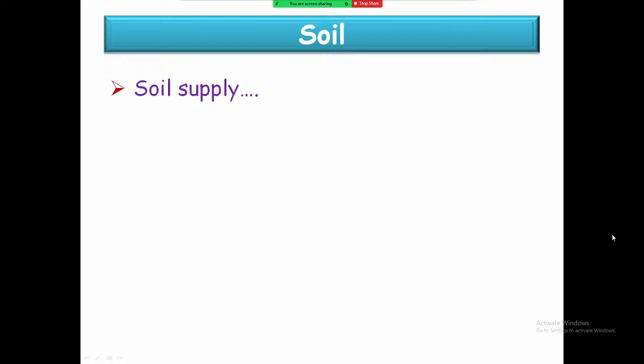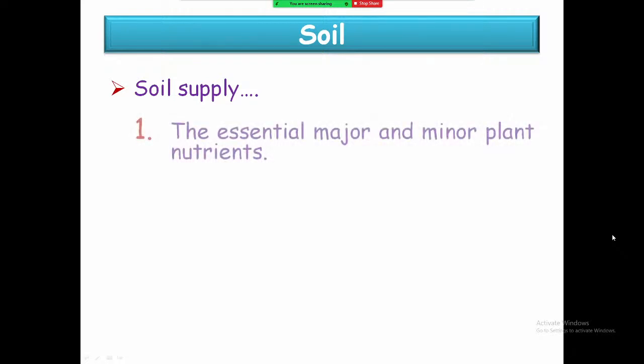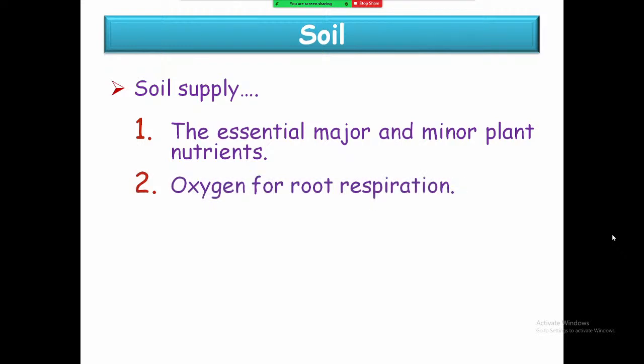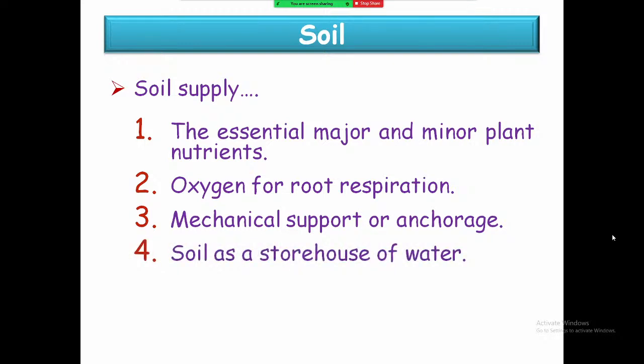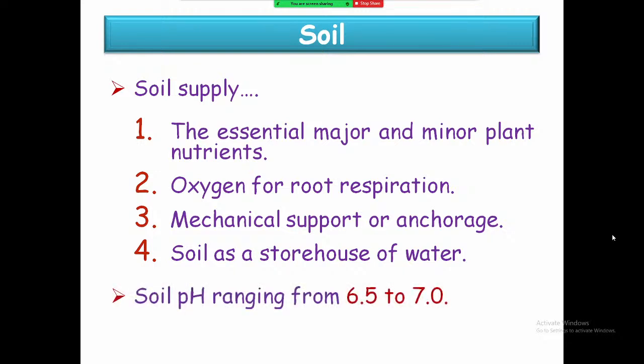So the soil can supply the major and minor nutrients, then oxygen for the root respiration, then mechanical support, or you can say the anchorage for the mulberry plant, and it can also retain water. Soil is a storehouse of water. Okay, so this is the soil requirement, and the pH of the soil is from 6.5 to 7,